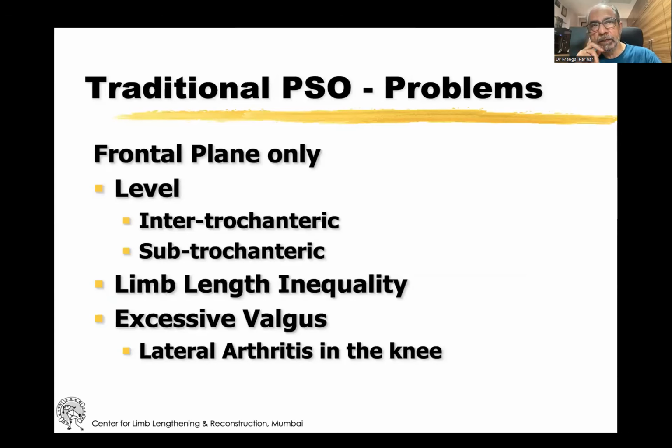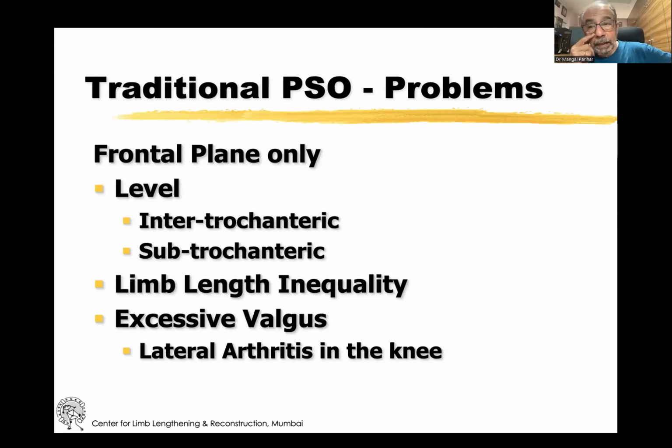So pelvic support is not something that is new. It has been described earlier. There are various levels and there are various names ascribed to it. But essentially, all of these procedures which are done are for the frontal plane only. That is, they give abduction. They don't usually correct flexion, extension, and that, as I will talk about later, is probably an important component of the hip reconstruction.